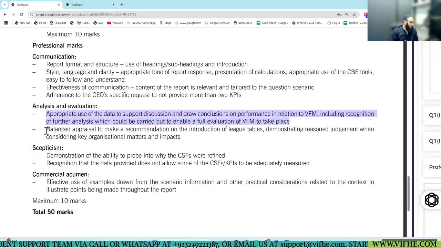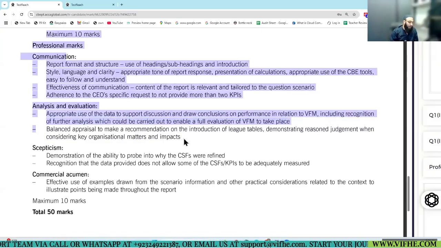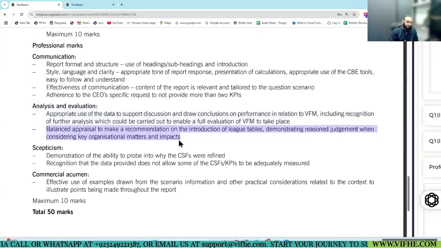And number 2, balanced appraisal to make a recommendation on league tables. Balanced assessment means the positive side and the negative side should both be covered well. And any other organizational matters and impact.